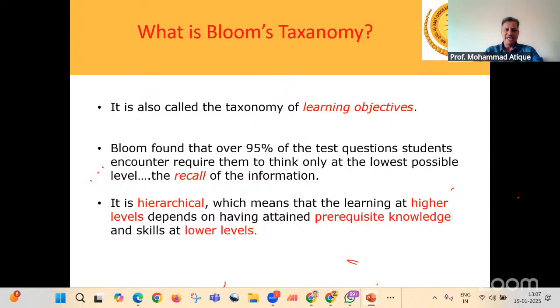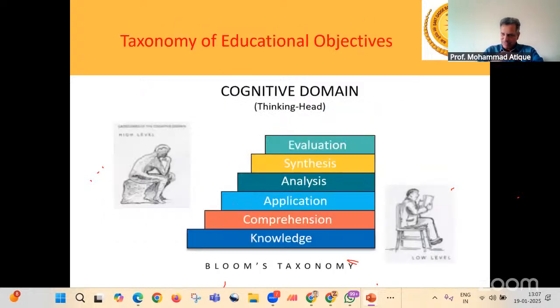What are those higher levels? We will have a look. There are basically six levels of Bloom's. The very bottom level is knowledge. Then you have comprehension, application, analysis, synthesis, and evaluation. Naturally, the output of one level is the prerequisite for the next level.